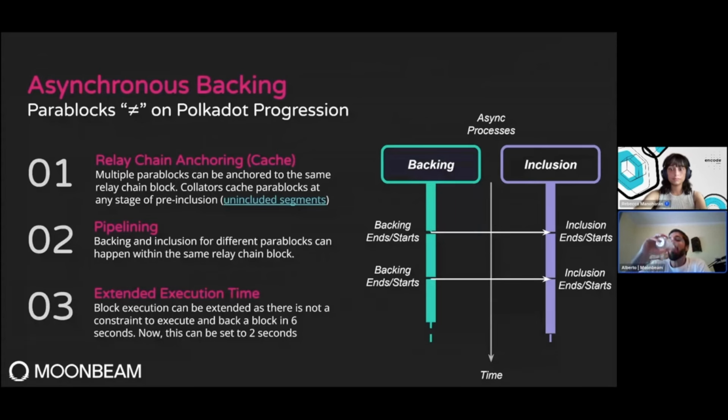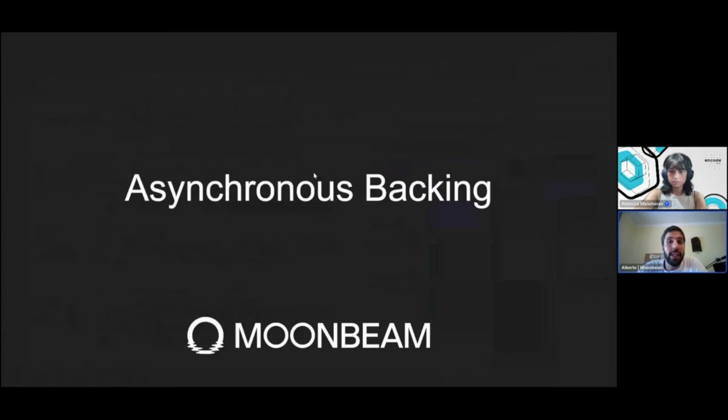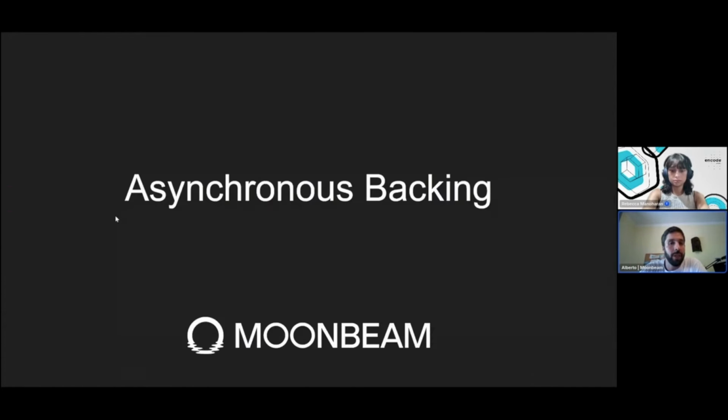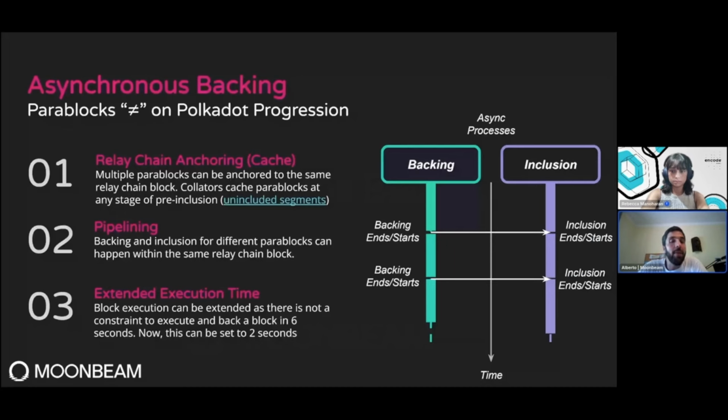And so there are two main things to consider about asynchronous backing. Multiple parablocks can be anchored to the same relay chain block. So remember in synchronous backing that this block can only be anchored to a relay chain block after the inclusion of the previous parachain block. And in asynchronous backing, that's no longer true. You know, this block could be anchored to R0, okay? And we'll see why. And the main reason is because